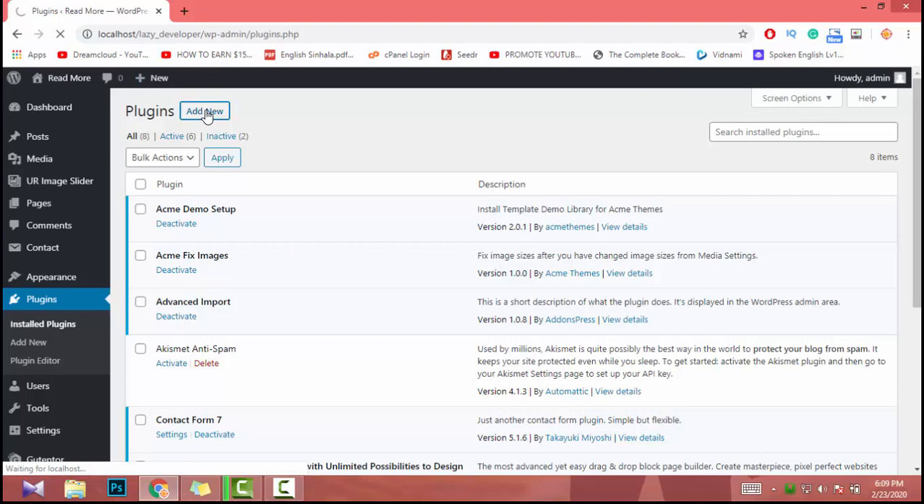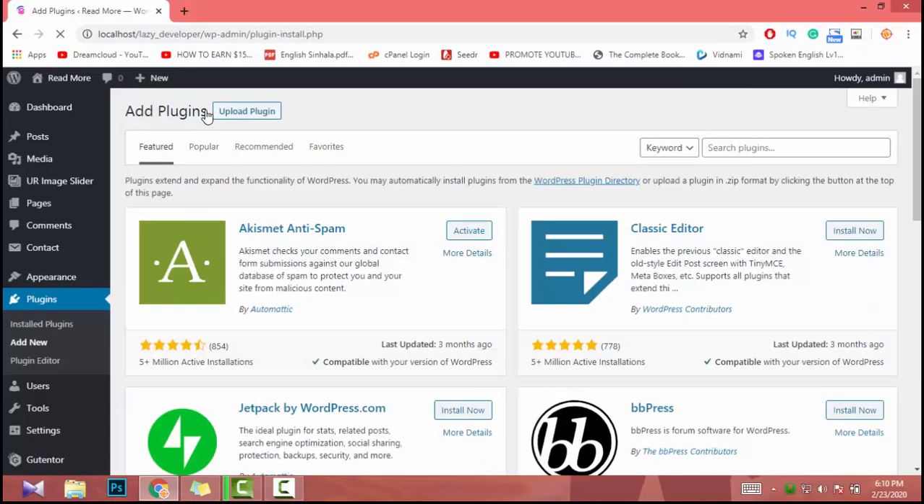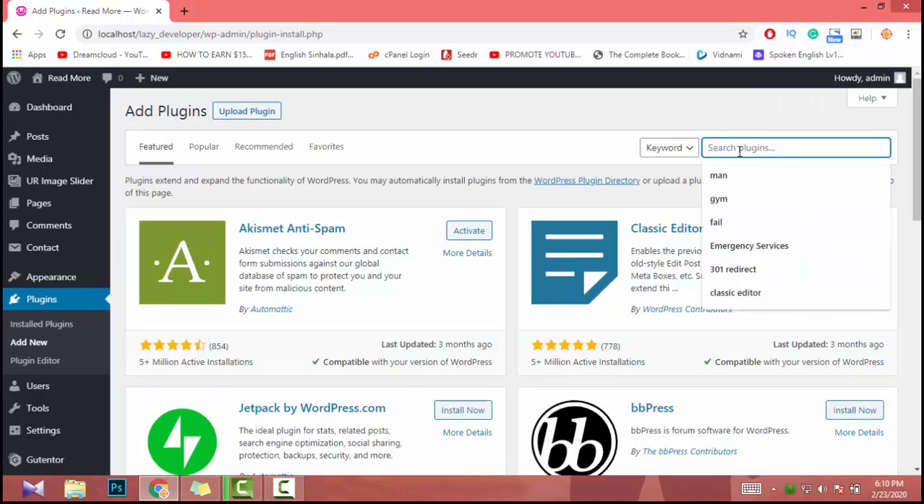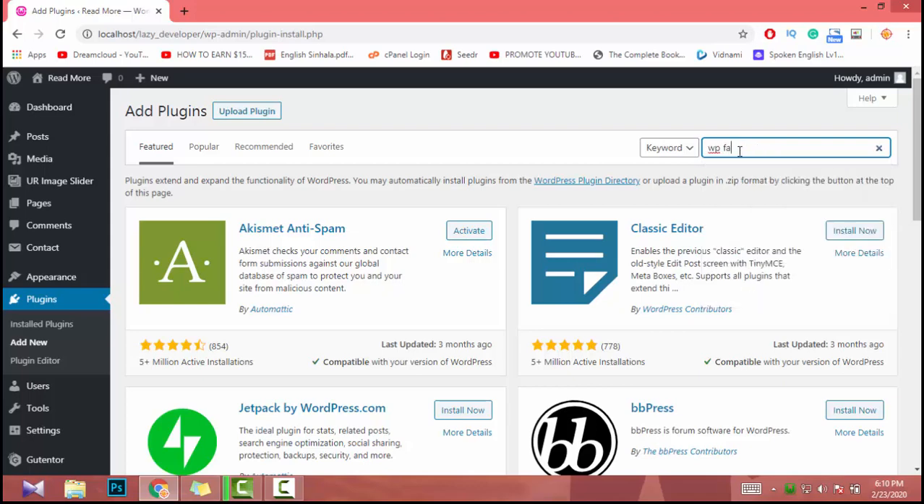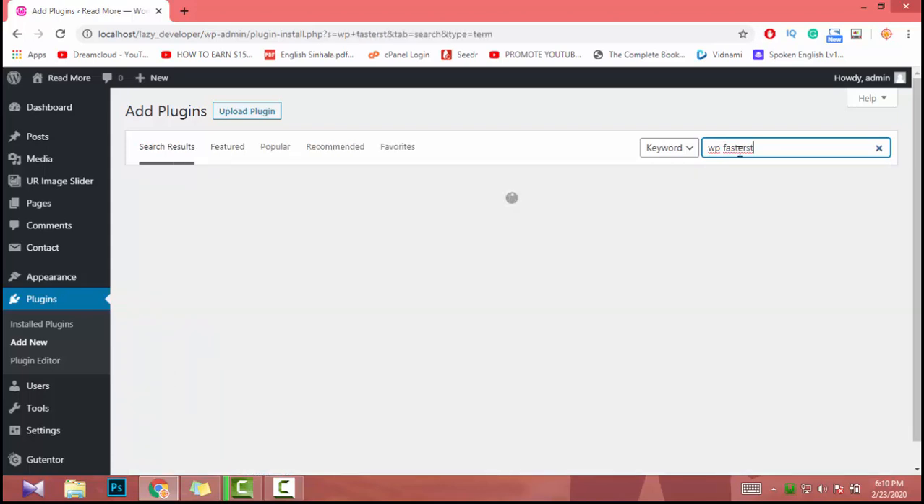So there is a plugin called WP Fastest Cache. That is a caching plugin. When we optimize it, we can get fast performance on our website. So let's install it. WP Fastest Cache,